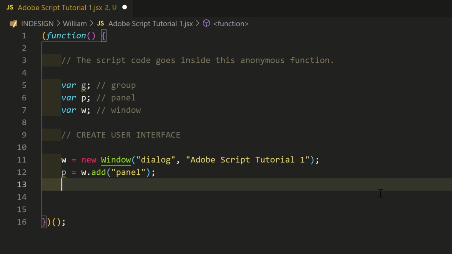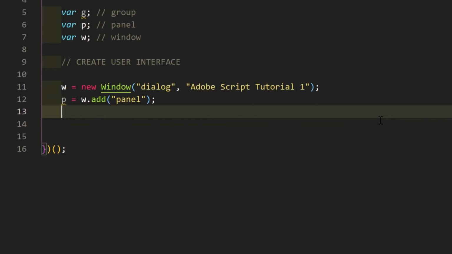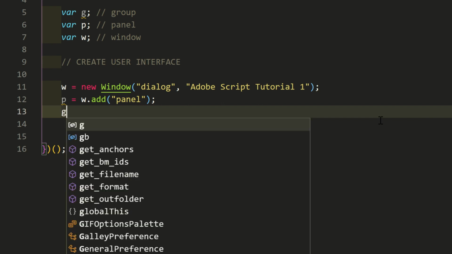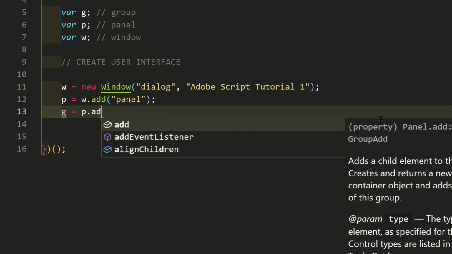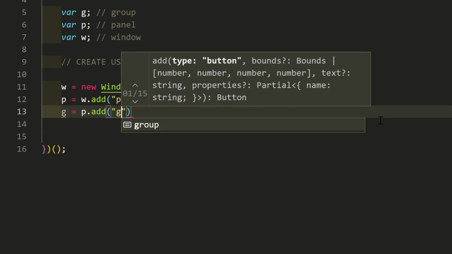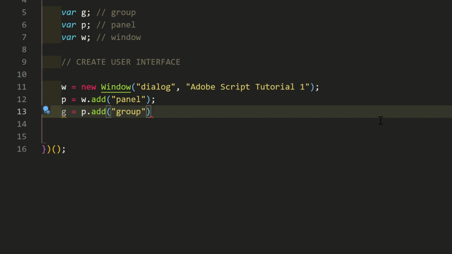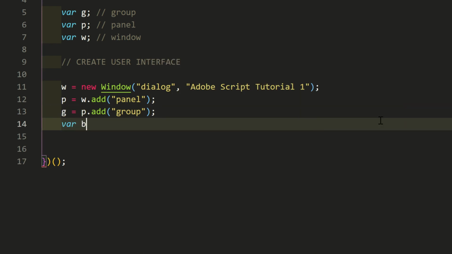This script is going to select a folder, so we'll add a button to click. But first, I want to show the path next to the button when a folder is selected. So it needs a group. Otherwise, the path appears below the button instead of beside it. g equals p.add group. Now add the button to the group. var btnFolderInput equals g.add button,